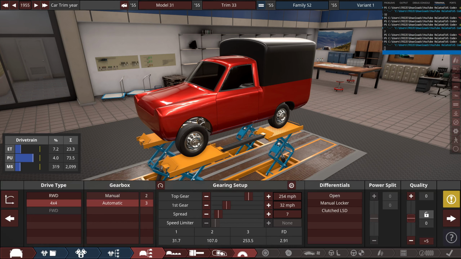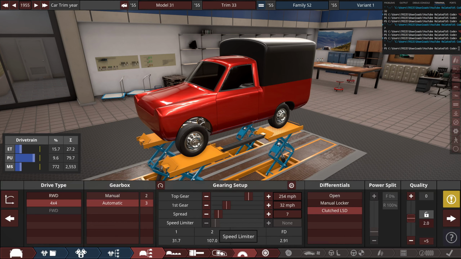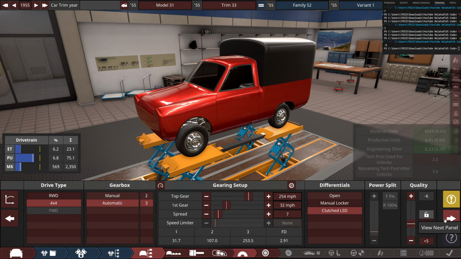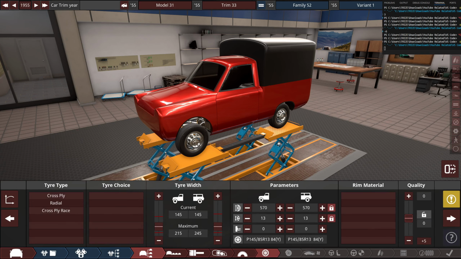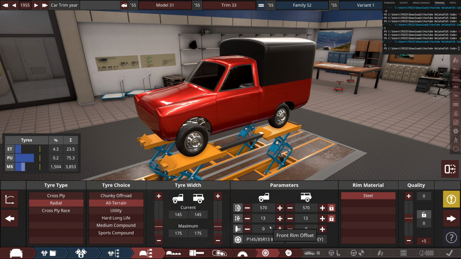So the type of differentials, it'll be a 3. So a clutched LSD and whatever the quality we get here. A -6. Damn. And for a choice of tires, out of the 3... A 2, radial type of tires of 6 choices. It'll be a number 2, so all-terrain tires, and